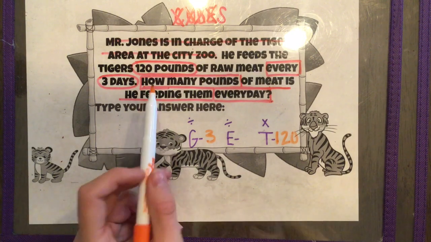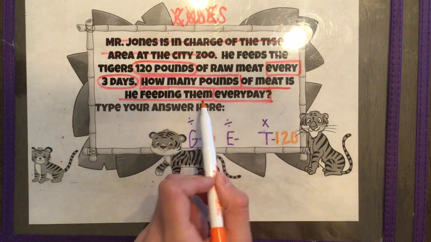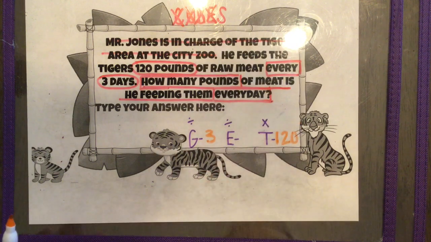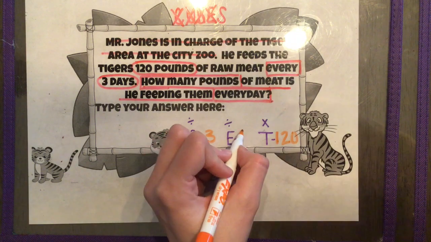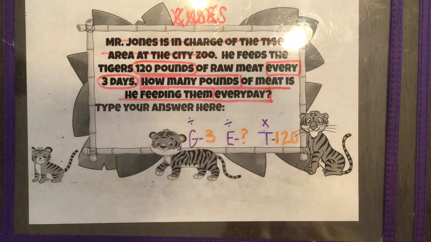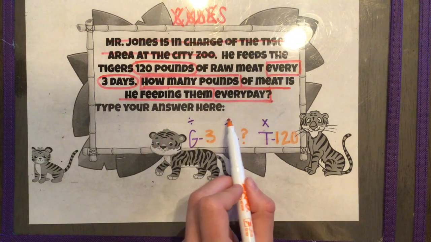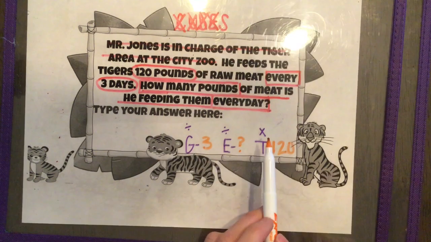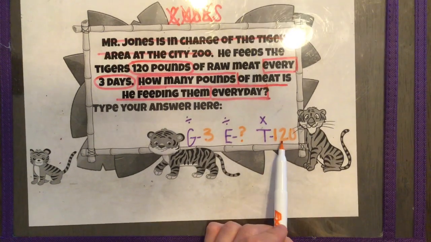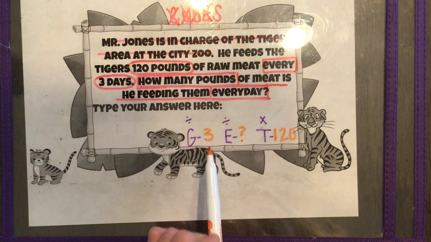I'm looking for how many pounds of meat he is feeding them every day. Or you can think about that as how many pounds of meat he's feeding them each day. So I'm looking for my E. Okay, so that means I'm going to divide. I'm going to take my total, 120, and I'm going to divide it by 3 to get the number